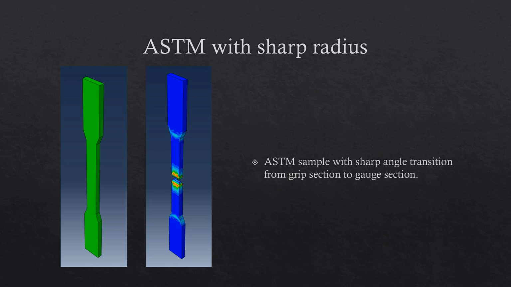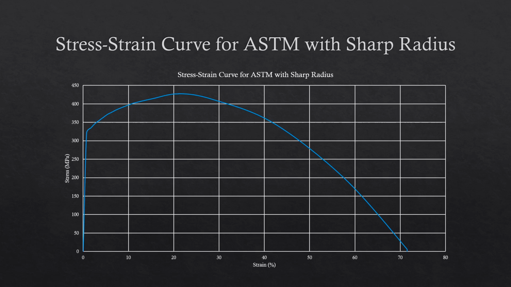This next sample is also a variation of the ASTM standard, but instead of a radial cutout, we have a sharp angle transition from the grip section to the gauge section. In this stress strain curve for this sample, we can see that yielding and ultimate tensile strength is practically identical, similar to the 50% decrease in radial cutout. The major difference between this and the radial cutout of 50% is that this specimen fails much more realistic to